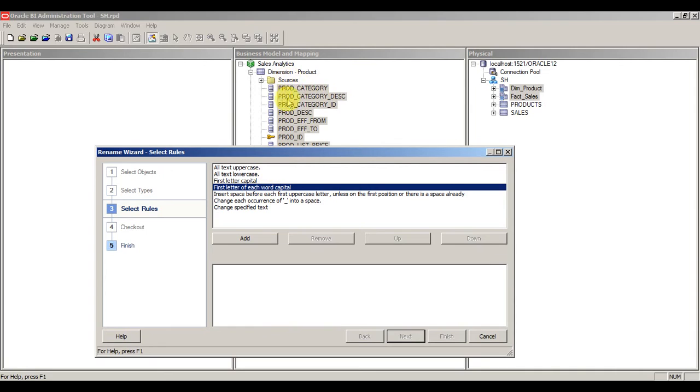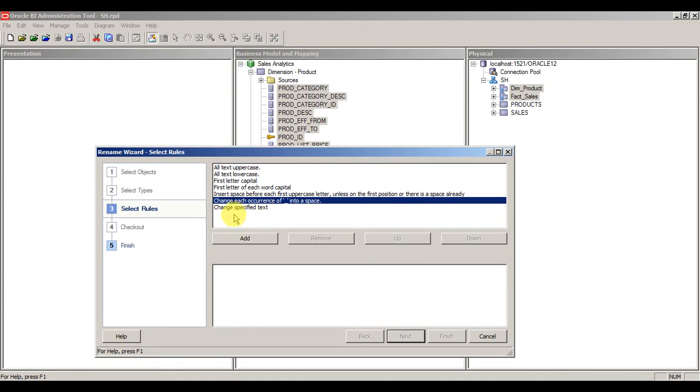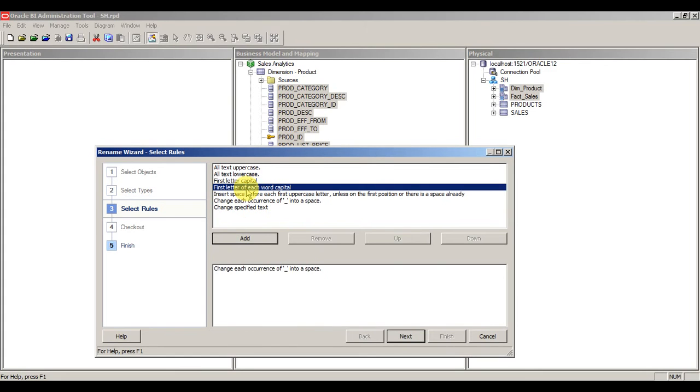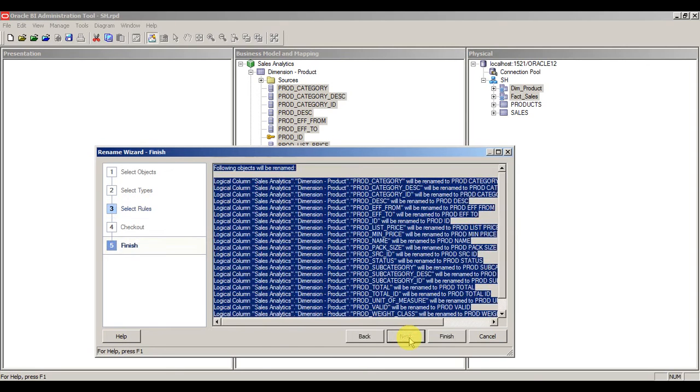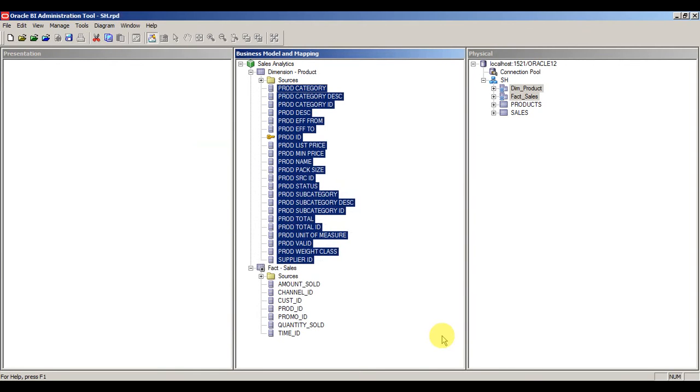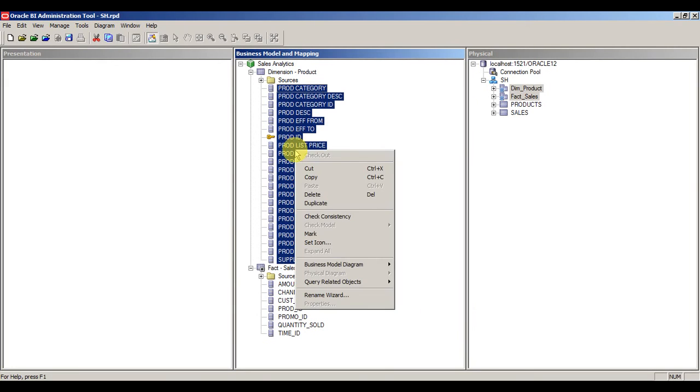Now you can see everything is in caps and underscores are present. I want to change that, so change the occurrence of underscore into space and change the first letter of each word to capital. For now I'll use these two. Oh, my bad. Let's put in the column as well.